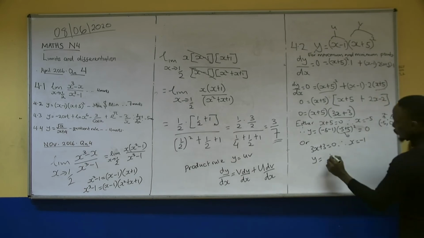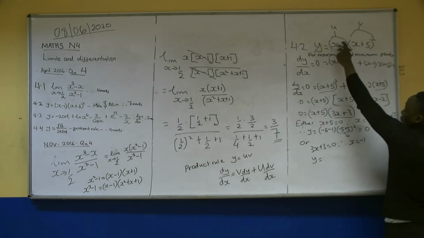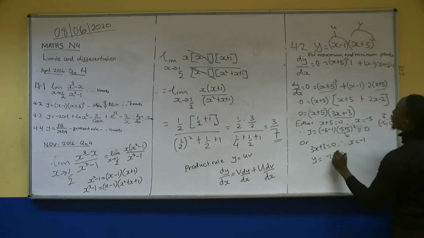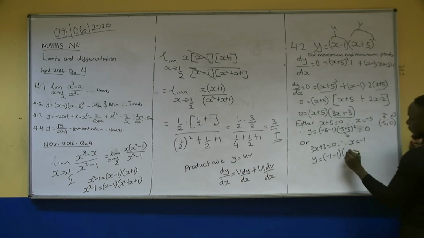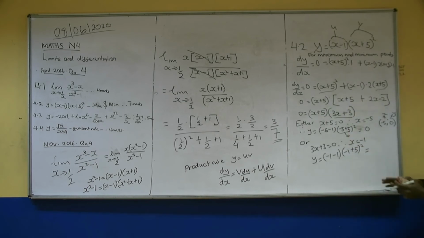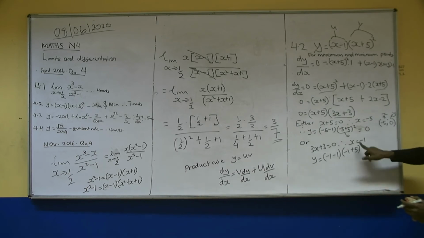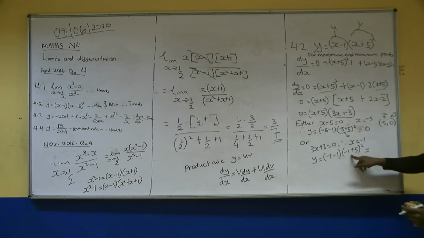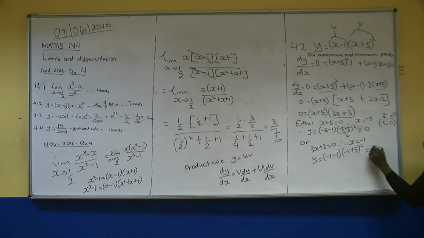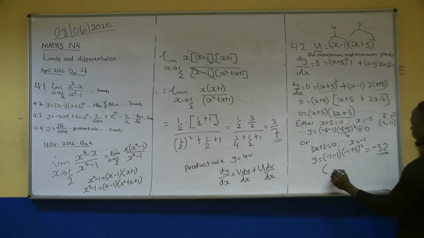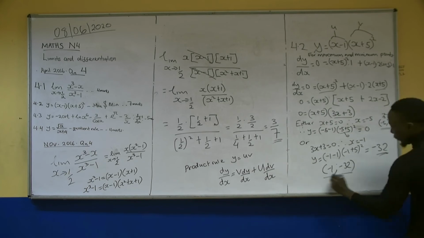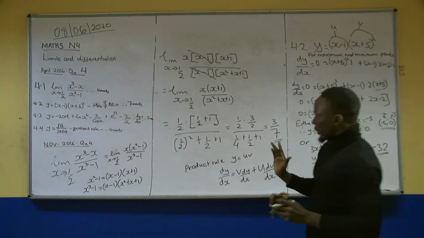What about the value of y on this x value? We go back to our equation where there is x, we substitute negative 1 into negative 1 plus 5 squared, giving us negative 2. This is 36 times 16, 6 plus 2, that is negative 32. That is the answer. So this is also another point. It is (-1, -32). So these are the 2 points. They are the turning points.